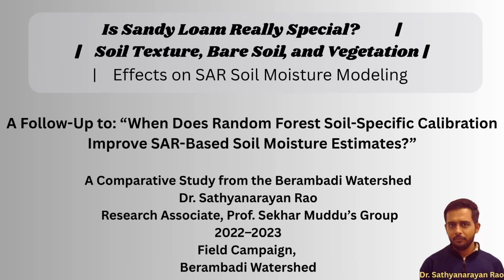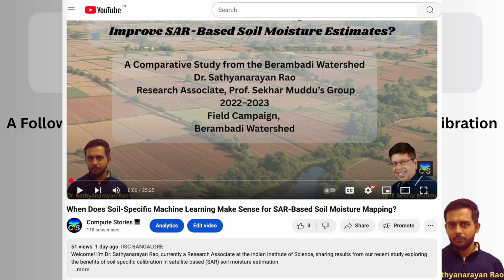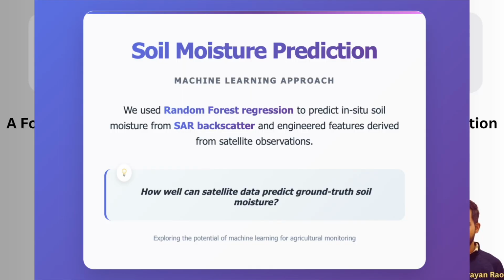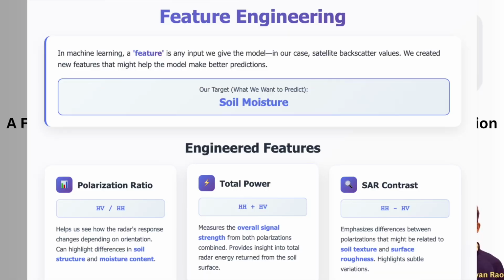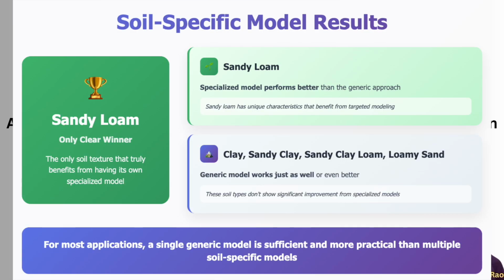In my last video, I showed how we can use random forest regression, which is a machine learning model, to predict soil moisture from satellite backscatter. I also discussed feature engineering and highlighted that sandy loam soils stood out by outperforming other soil textures. After I released that video, I received some good questions from the viewers, including from Professor